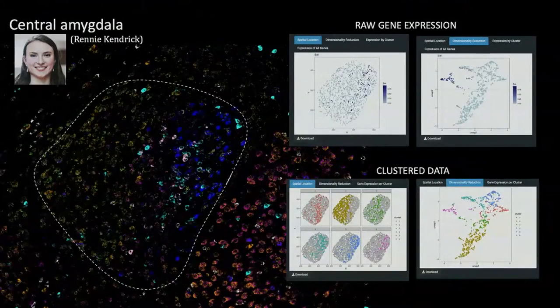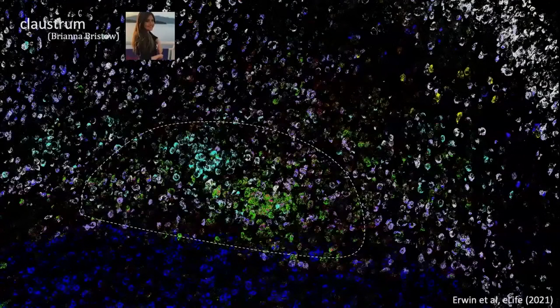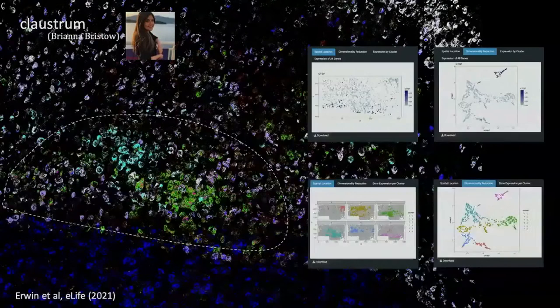Also, there is another recently published data set in the claustrum done by Brianna Bristow. Here's what comes out of the Fiji drop-down menu. And then this is what happens when you run it through the Shiny app. And also recently,